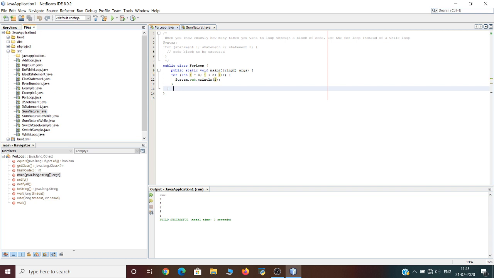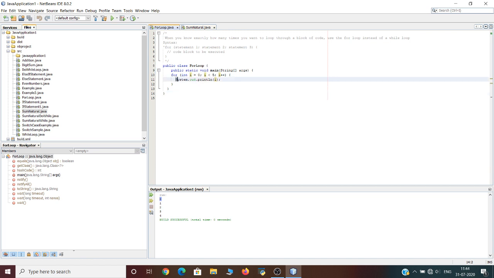As per the sequence, if the condition turns out to be true, then the block of code will get executed. It is important to note that when the condition is true, we will not go to statement 3. Before going to statement 3, we will first execute the block of code. So since the condition is true during the first iteration, we will execute the block of code wherein the program is printing the value of I. Since the initial value of I is 0, the first output of the program will be 0.